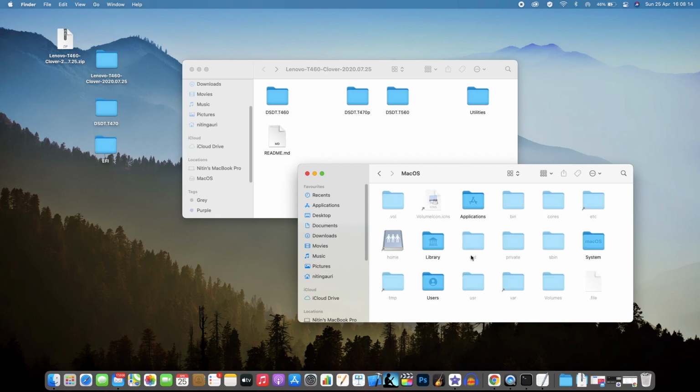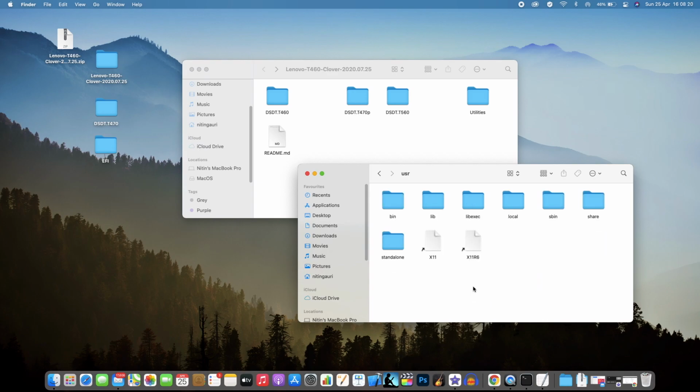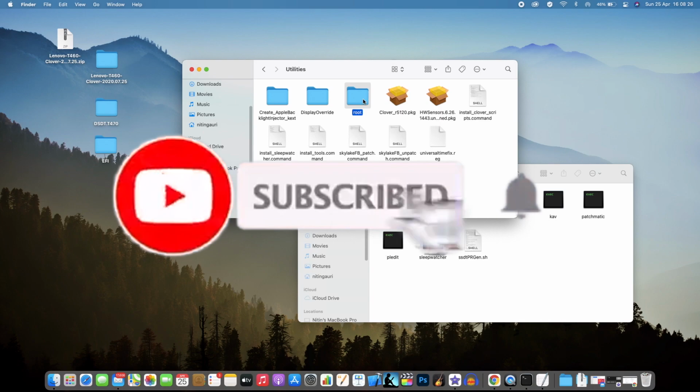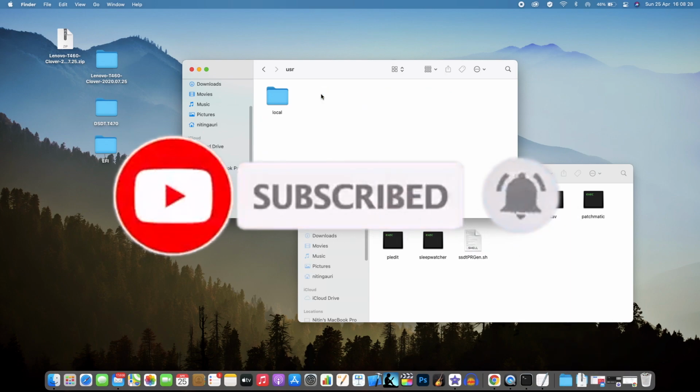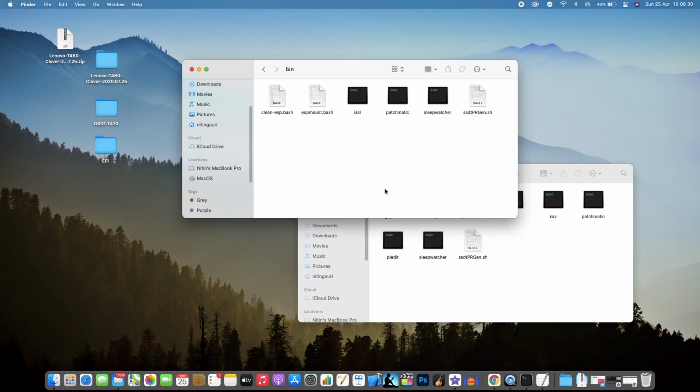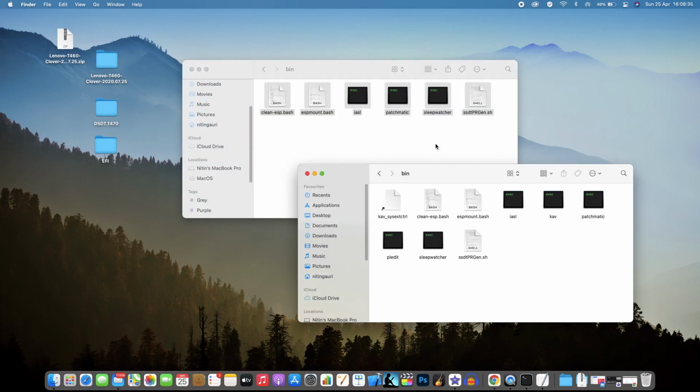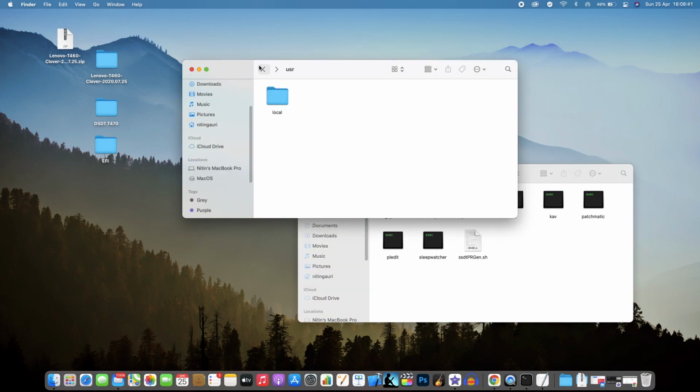Press Command plus Shift plus dot, and you see we have the hidden files. Navigate to usr, local and bin. From the utilities folder's root, usr, local, bin, copy all these files with Command C and paste them with Command V here in your system root.